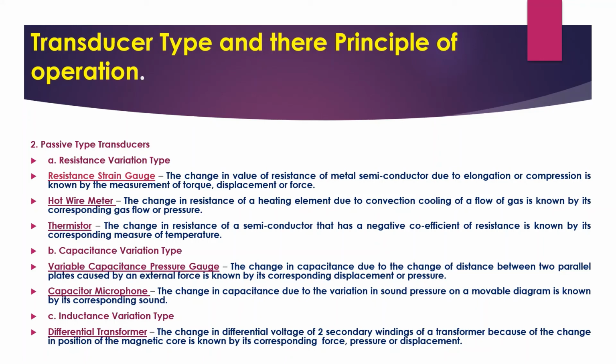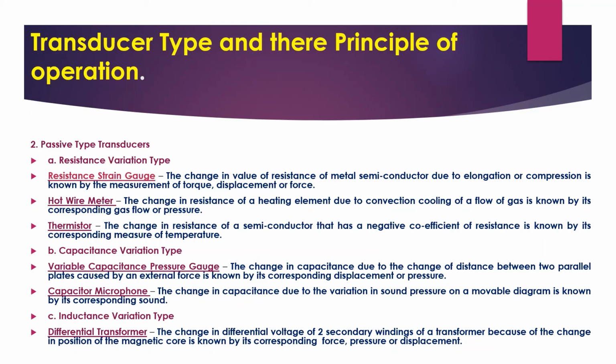I'll just give you an example. Now you have a transformer where you have one primary winding and two secondary windings. The two secondary windings have an equal number of turns, but they are connected in phase opposition. See, I told you about mutual inductance in an inductor. What happens when current is flowing through an inductor? A magnetic field is produced, and if in this same magnetic field you keep another coil, this magnetic field will induce current into the coil.